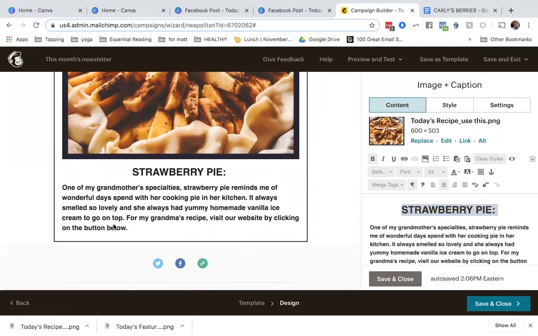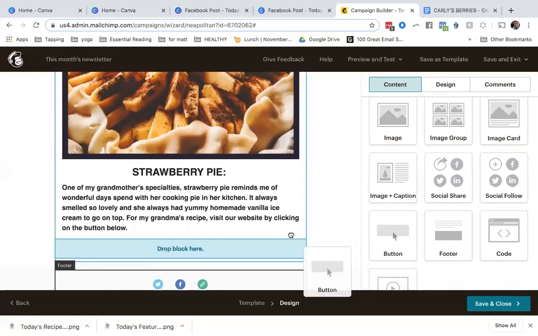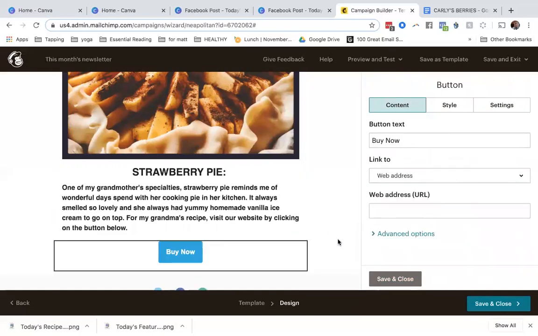Now what I put in here was, this is one of my grandmother's special recipes. Visit our website by clicking on the button below. So one of the things we haven't done yet is add a button, and we can. So if we hit save and close, that finishes that section. And you can see over here, here's a button. So we're gonna drag that button over here, and it automatically puts a buy now button, but that's okay, we can change that. So here's the button text,